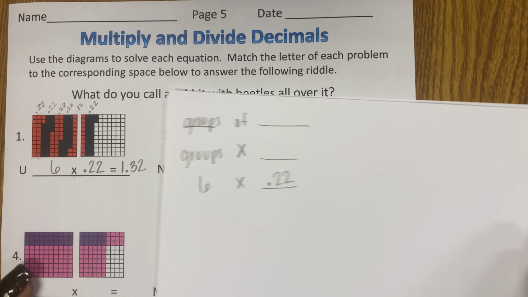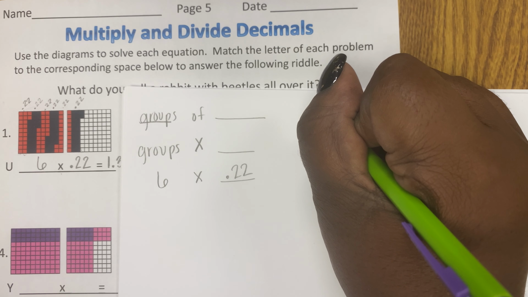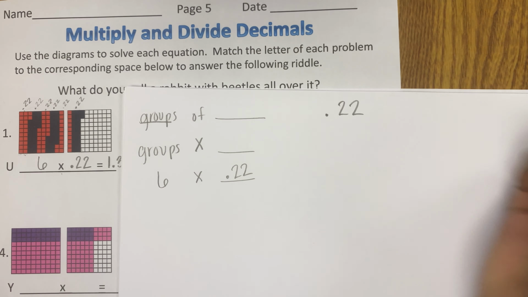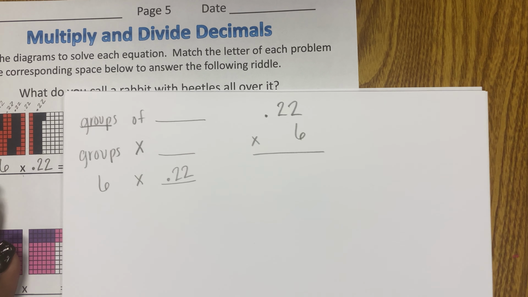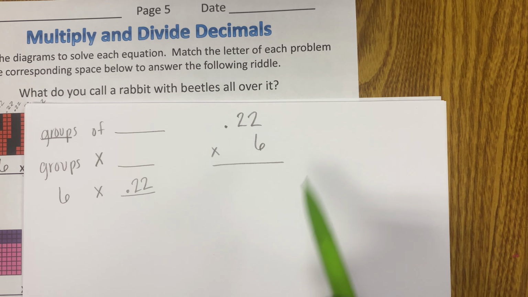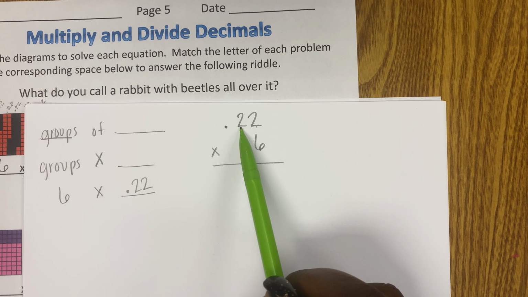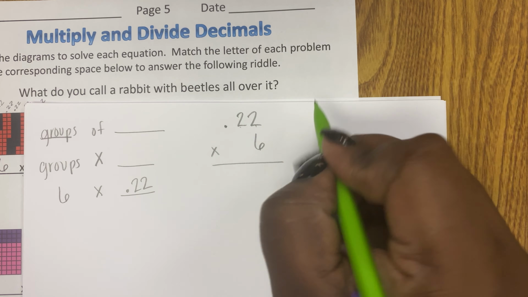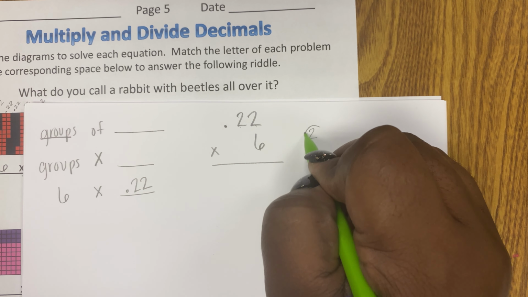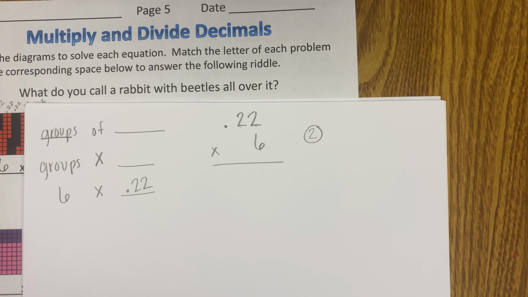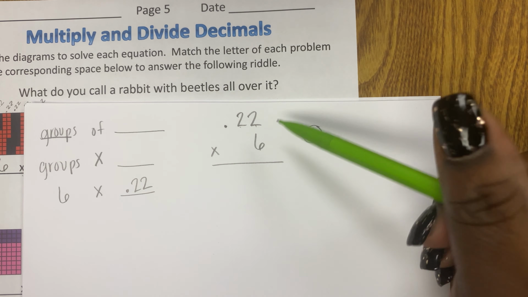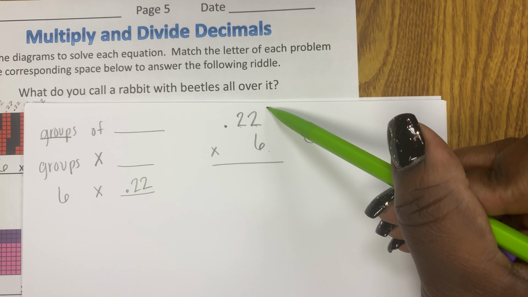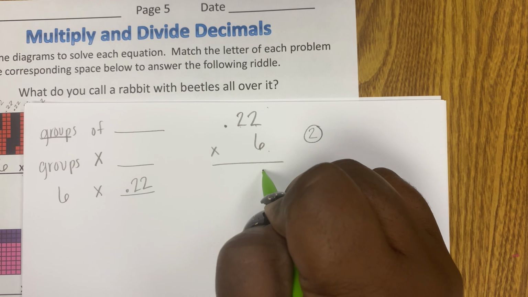So let's show that as an algorithm. So I have 22 hundredths times 6. So I'm going to look at this algorithm and I see that I have 2 places behind the decimal. So I'm going to come over here and write the number 2 because I have a total of 2 places behind the decimal. I'm going to do regular multiplication. So 6 times 2 is 12. So I'm going to put my 2,